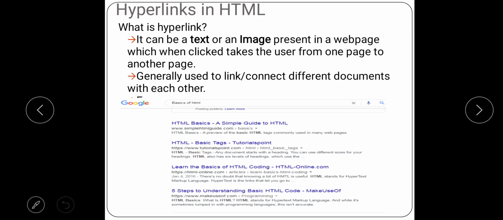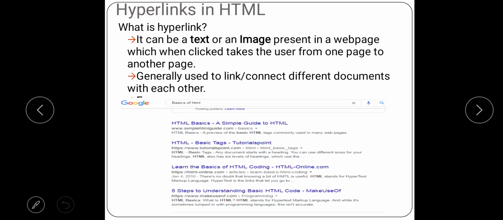And when I click on the search button, what will this search engine do? It will search with these words through all the websites in its database, and it will get back the related results. Means in the websites where it finds these words, it will retrieve all the data and display it.